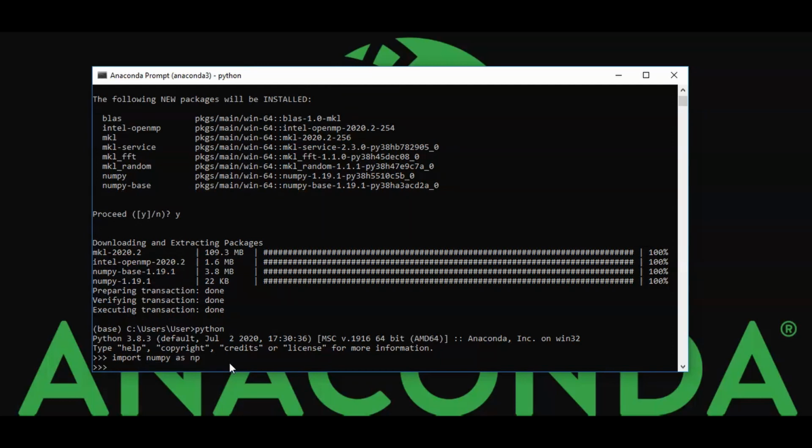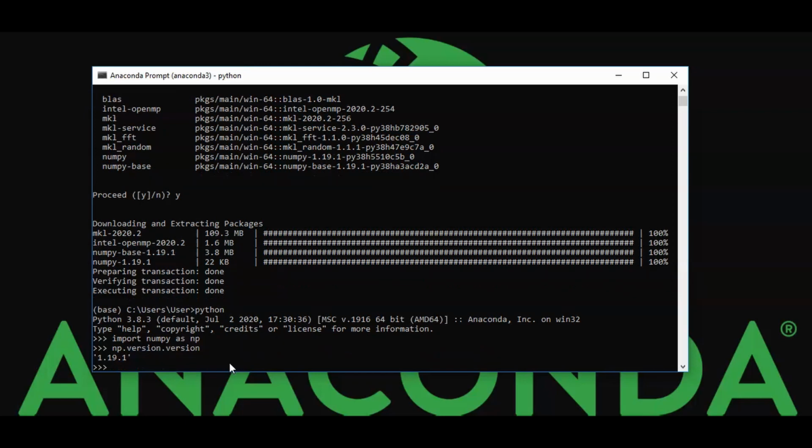Previously we got a module not found error. Next, we will check the version of this NumPy with np.__version__. You can see this is the latest version, 1.19.1. So we have successfully installed the NumPy package using Conda.